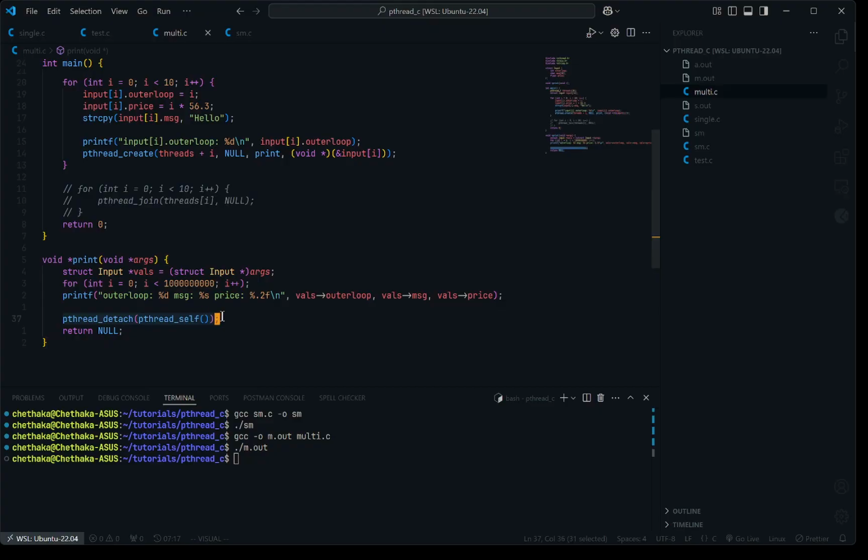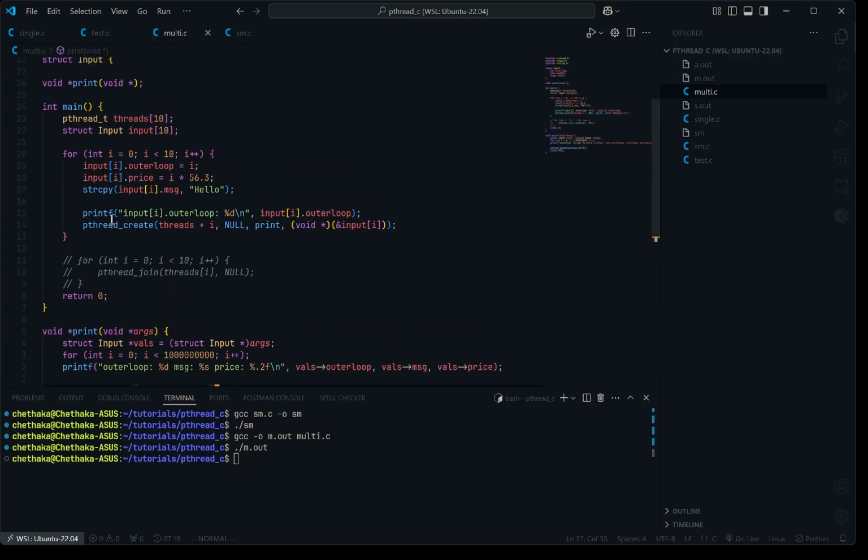So we use this pthread detach function. We won't have this issue when we use this method in the web server, because the web server runs in a while loop. So no matter what, the web server will not stop executing. Over here, because we aren't running it inside a while loop, before the threads got time to execute, the function stopped executing. The main function created 10 threads, and after creating them, it went straight to this and stopped